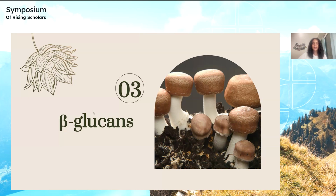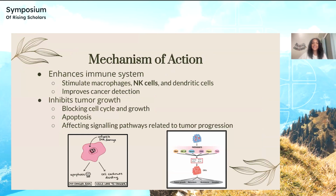Beta-glucans are some of the most involved active molecules in the fungus, which are believed to stimulate the immune system. They stimulate immune cells like macrophages, NK cells, and dendritic cells, boosting immune response against cancer. By enhancing NK cells' ability to directly target and kill cancer cells, beta-glucans help to inhibit tumor growth and improve